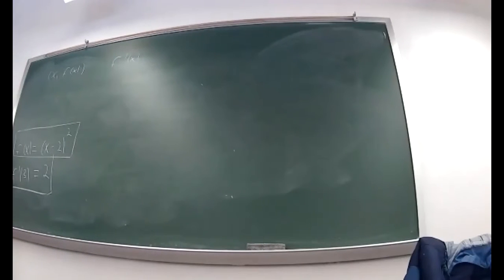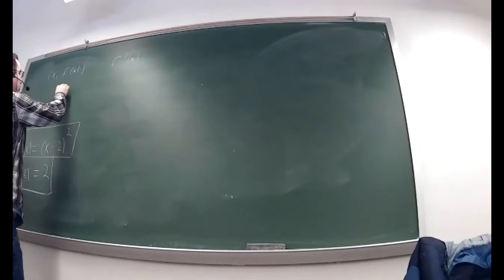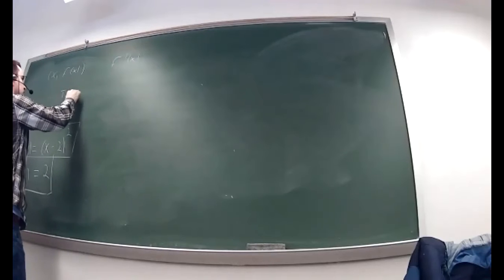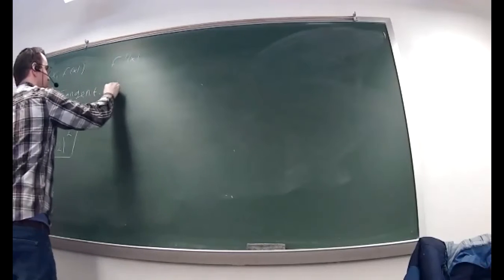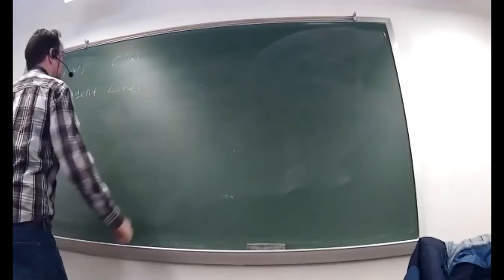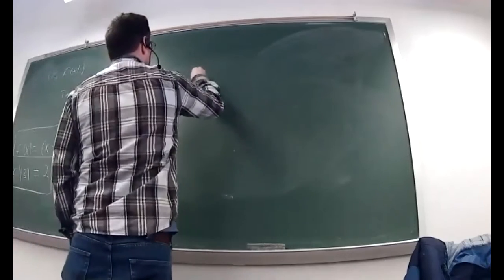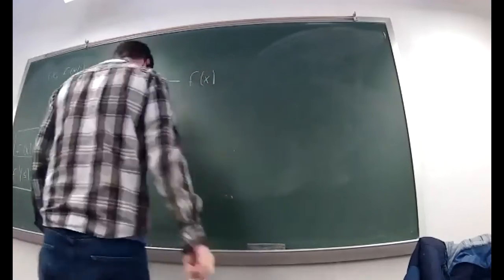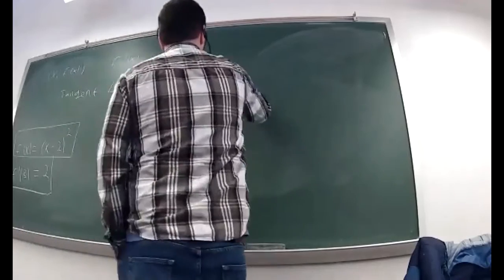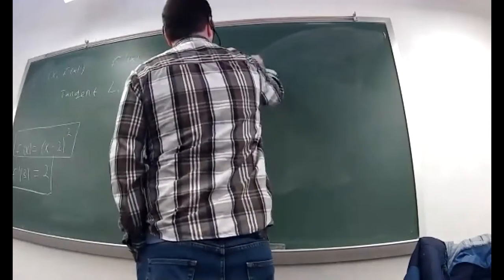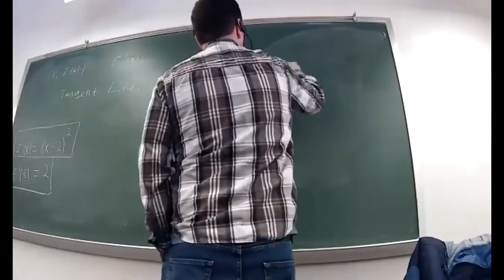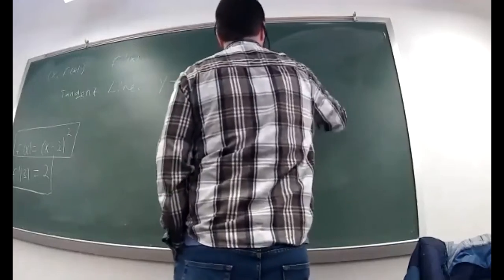You just plug into the point-slope form, and you'll get that your tangent line has to be y minus f of x equals f prime of x times x minus, well,